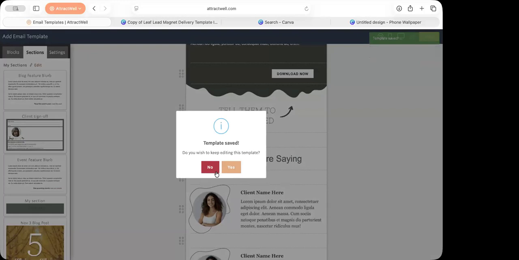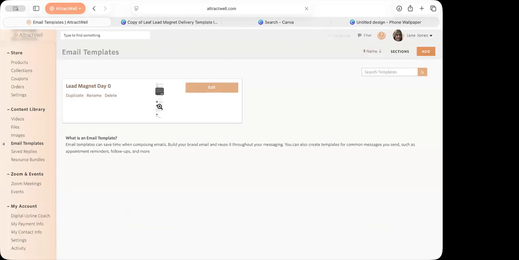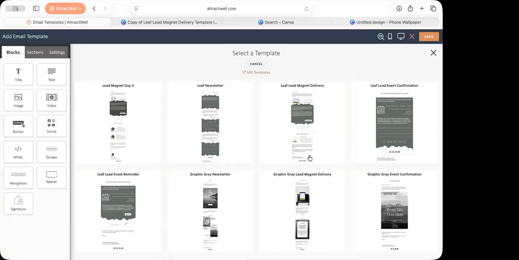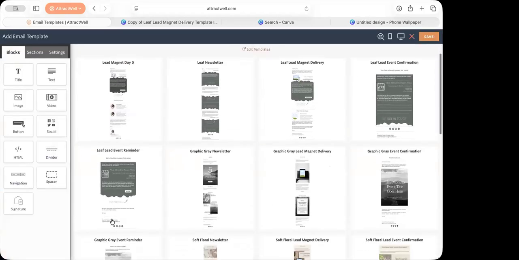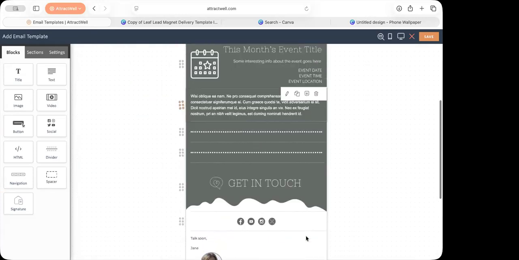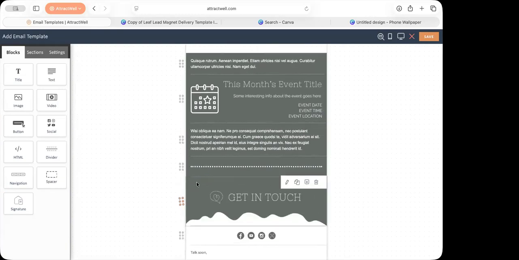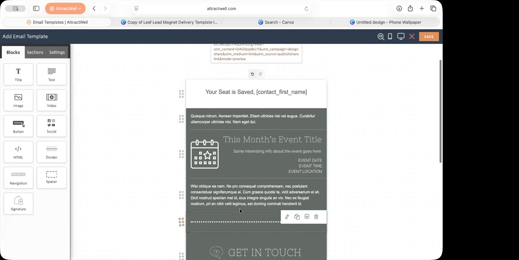All right, so I'm done editing this one. And you'll see once you create one, it'll show up here in your templates, and you could always go add another. I do have a couple more here for Leaf, like an event confirmation, event reminder. You can see how this is set up. You can absolutely make modifications to this, change the background colors, change the fonts, etc. Which, by the way, really quickly,